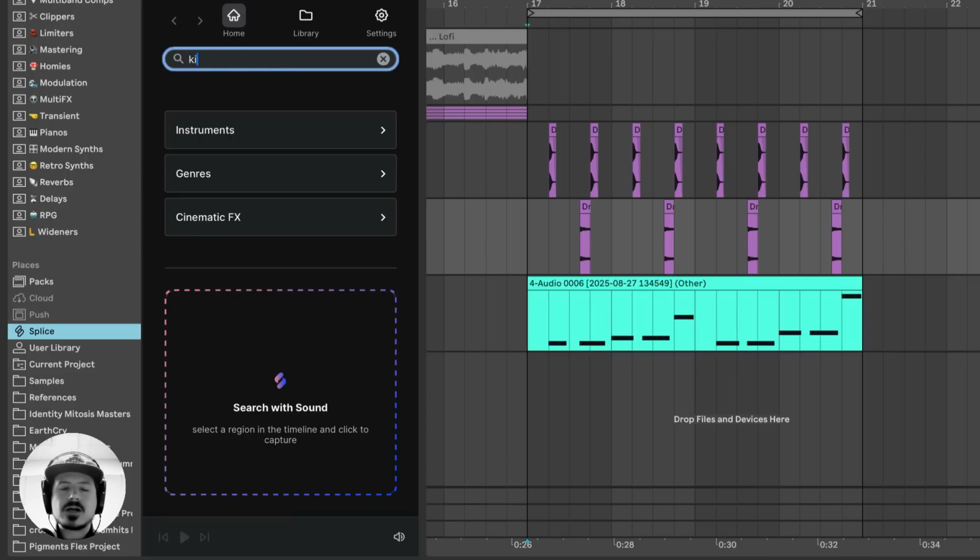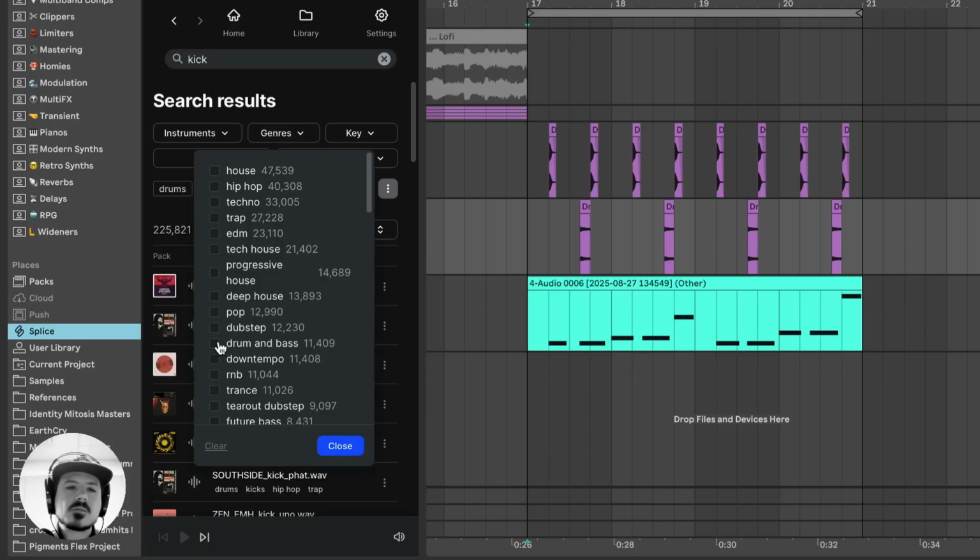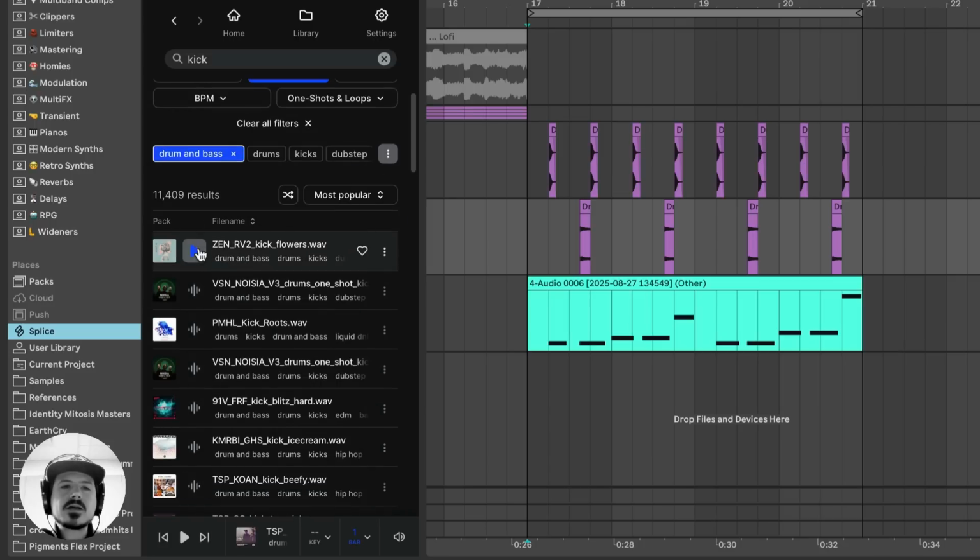I need a kick drum, right? So let's search kick. And when I search the kick, you'll see that right under the search results, just like in Splice, you can now choose maybe some genres, right? So we could go with drum and bass, for example, okay? So now I can go down and listen,